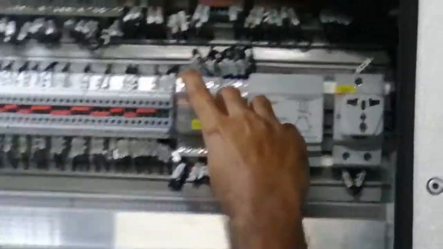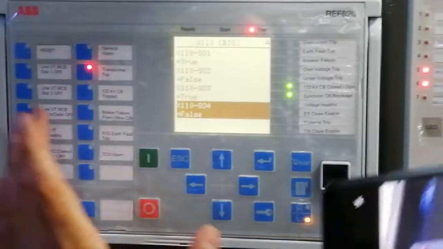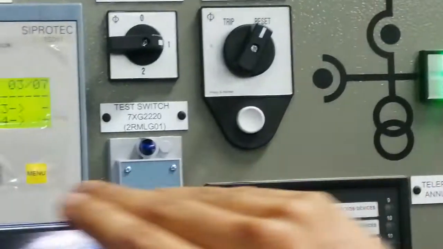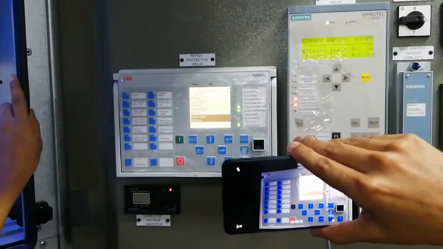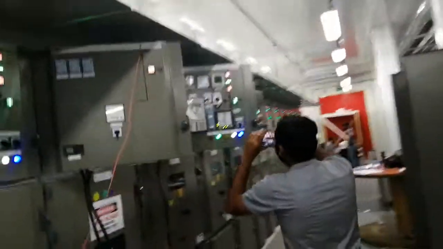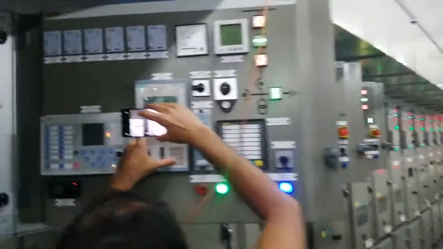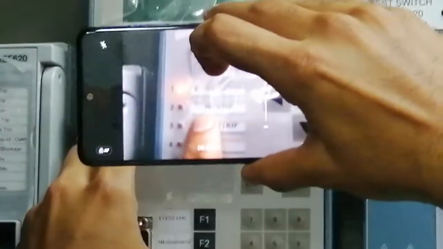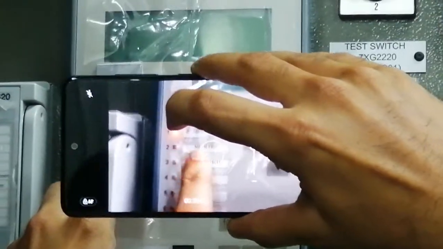So let's normalize this transformer protection. I will just turn off this relay, KTR. Okay, so I'll show you the ABB relay again. It's false now, so I will reset it. So I will reset this relay. Now no signal, no red LED on the ABB relay, so everything is normal. I'll show you again the inter-trip signal on the 132 kV side. As you can see, this LED 2 is off. So we don't have any inter-trip signal from here.